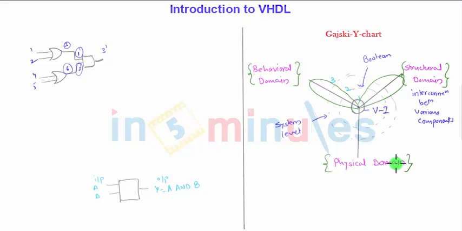Now what is this physical domain? After designing the complete logic expression, or after designing the entire combinational or sequential logic, the physical domain comes in. After implementing the logic and testing it, we need to implement the system in a compact form, taking as little area as possible. So the physical domain consists of the positions of components and wires.